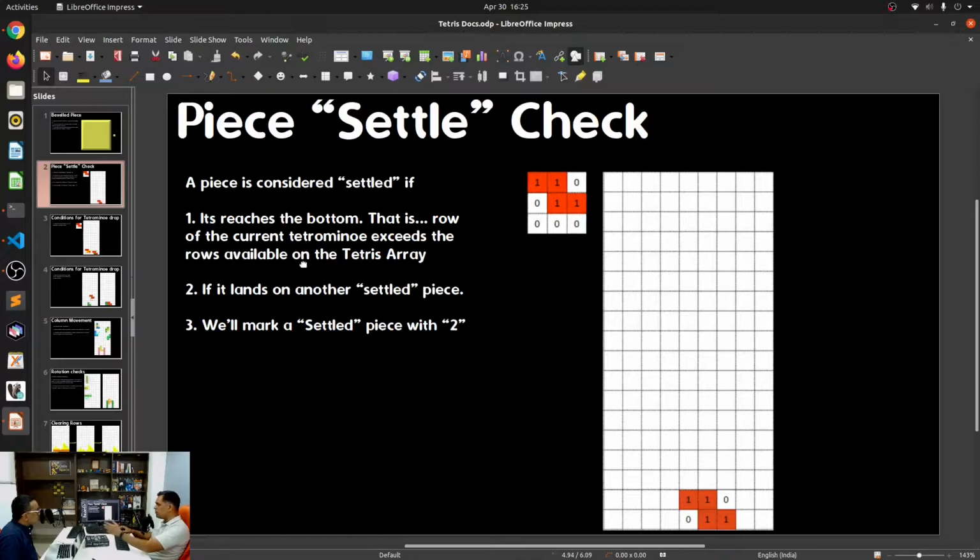So it's either 1, 2, and the third thing we'll have to remember is that all of our Tetris pieces, the active cells in that piece, we are giving them the value 1. The intention I have is that once they have settled, I will mark them with 2. This will make it easier for us to identify which are settled pieces and which are not.